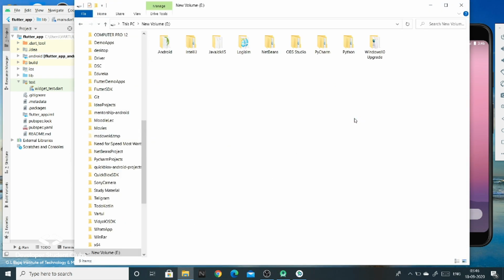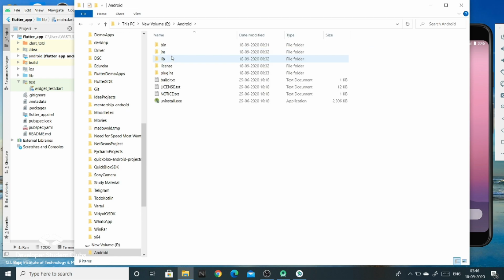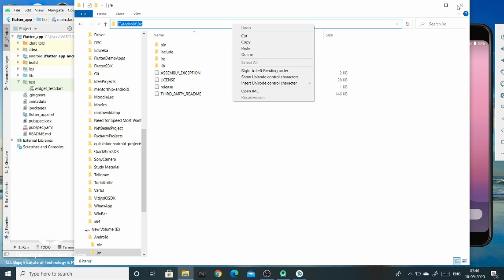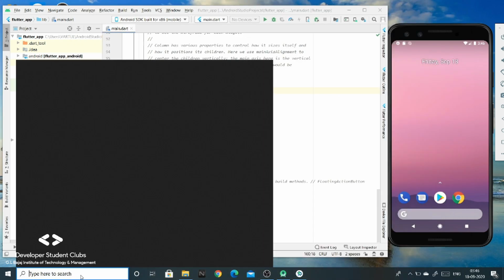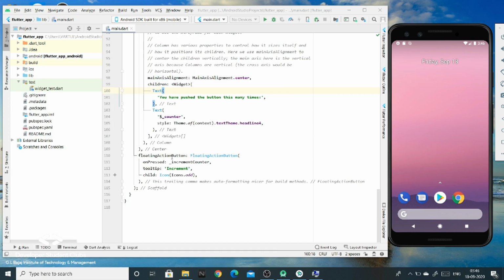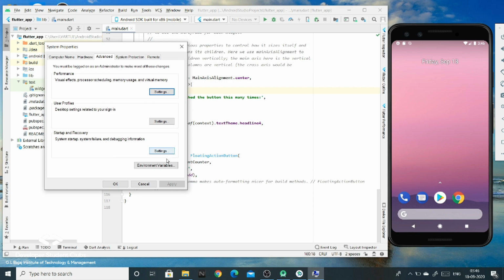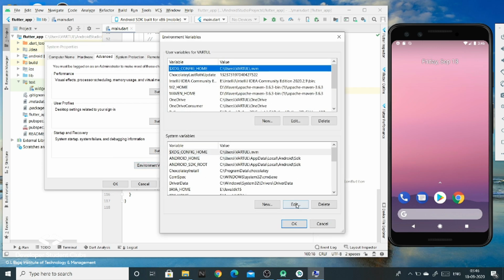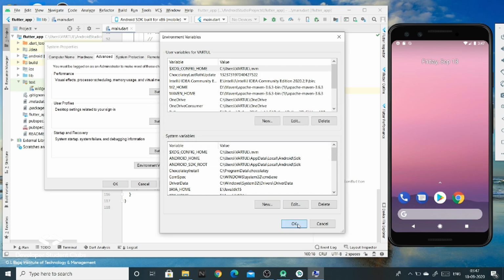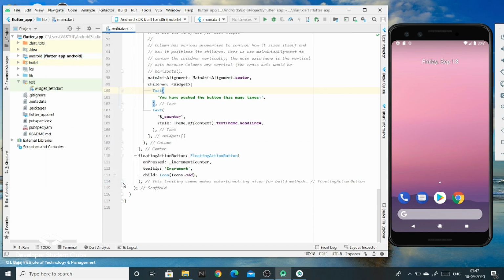For me, that's E drive, Android, and click on JRE and copy this path, close it, and then type env, edit system environment variables. It's here, environment variables, and add a new variable under system variables that will be JRE, and then add the variable path. Okay, okay, and okay.